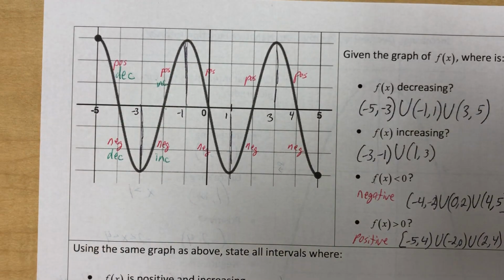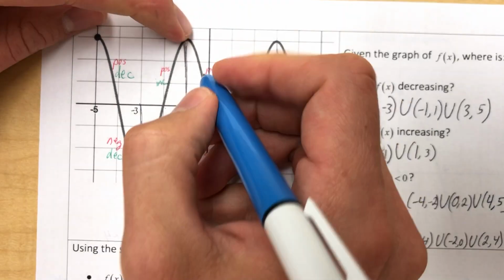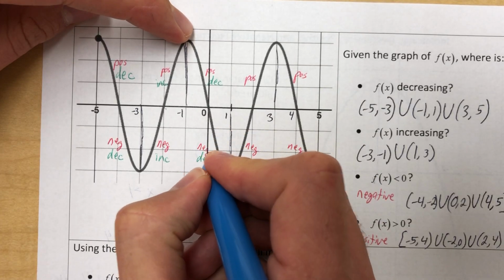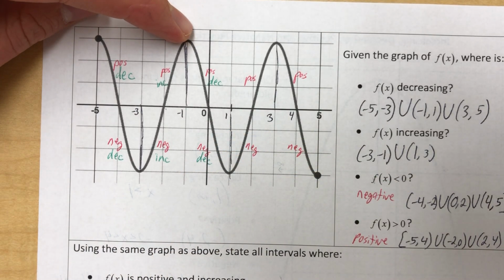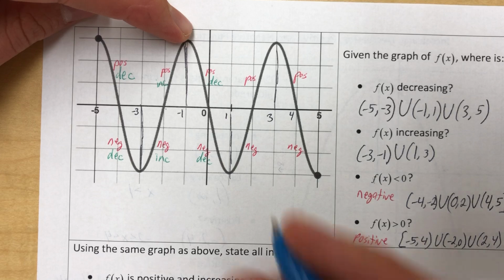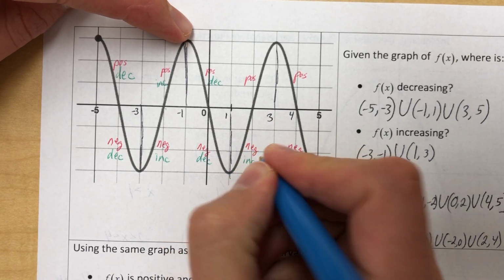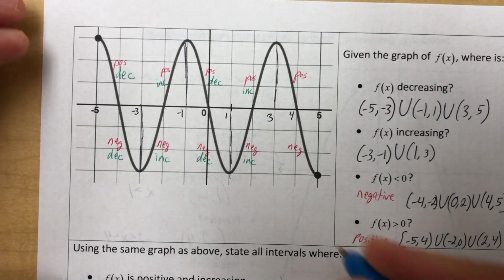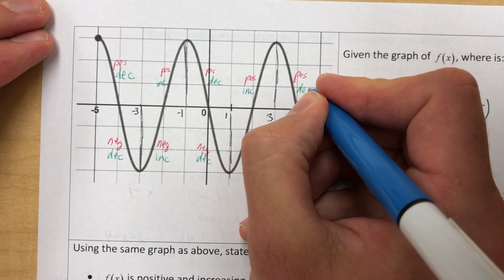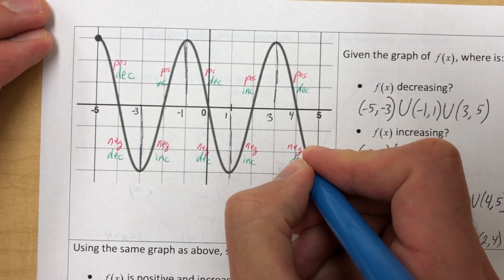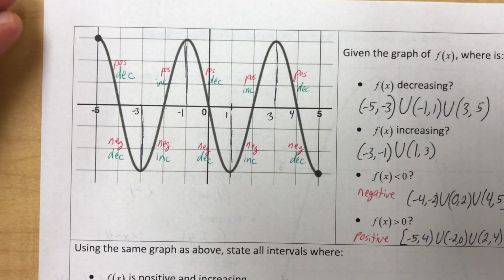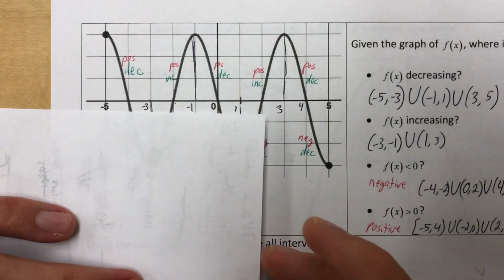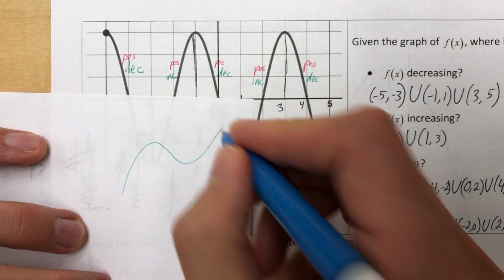As I'm writing, I'm going to talk about random stuff. The purpose of this lesson is to get you to the point where you're looking at a graph and saying, oh, that's positive, that's negative, that's increasing, that's decreasing. And the reason we're doing it, it may look ridiculous and pointless, but it actually is very practical. Because in the real world, you need to be able to interpret graphs. So when you're looking at some graph sometime, and it looks like this, and you're going, zzz, and they're like,